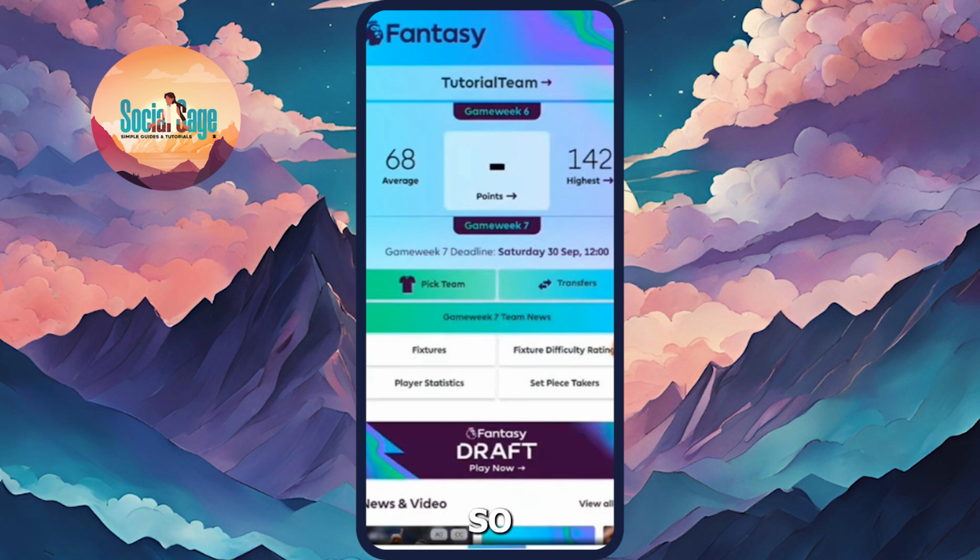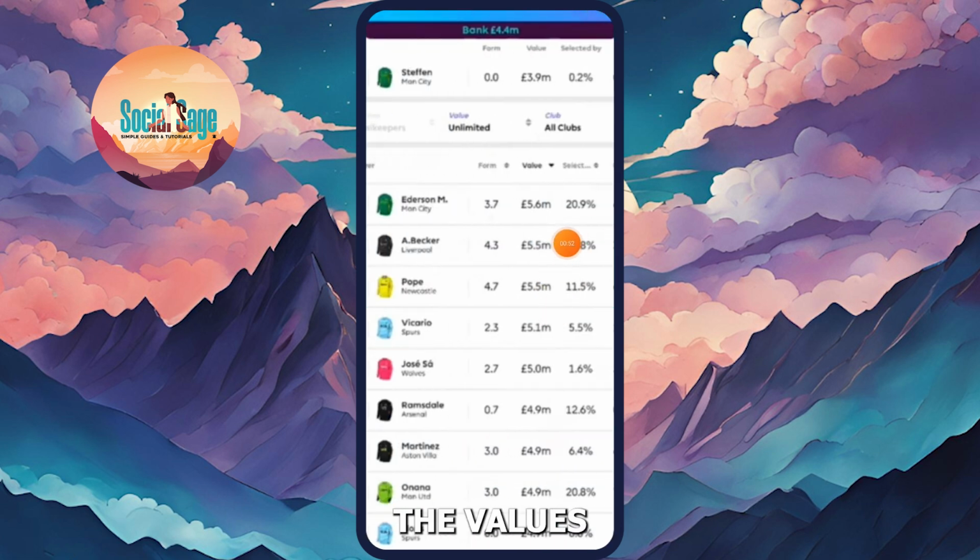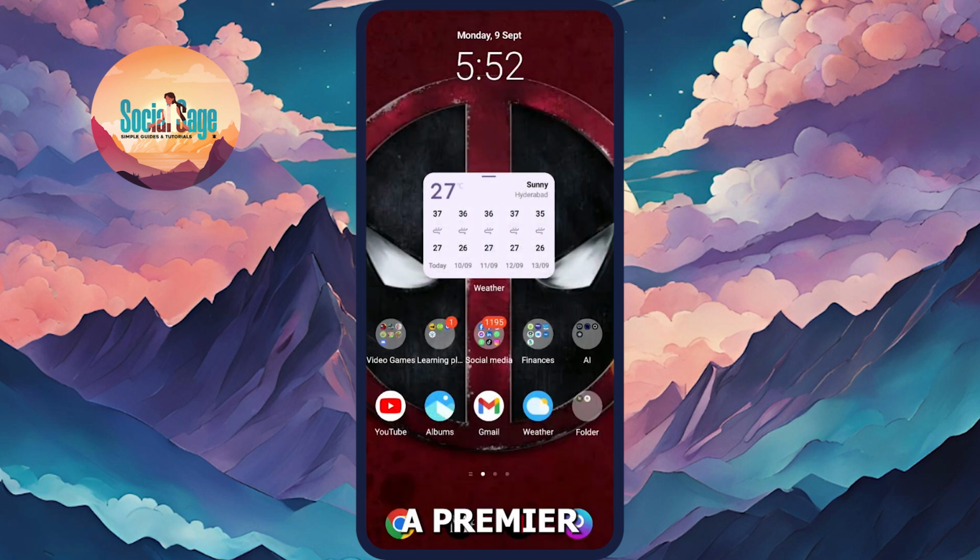players for this game. So what I'm going to do is I'm going to simply hit on transfers after I go back to the same page, and then here I can see the values of all these players in pounds. So choose wisely, choose the best players that you can, and yeah, that's how you create a Premier League team